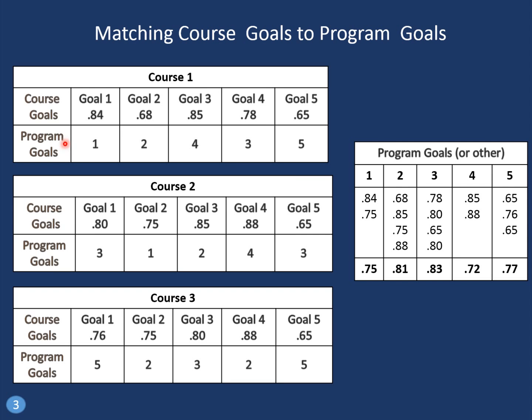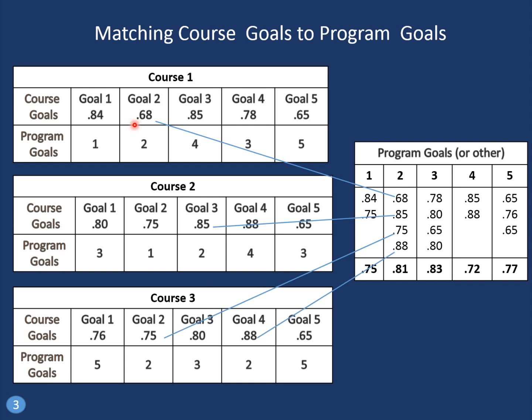So there are 5 program goals that are being addressed at our institution, and the goals from the course are related to them. To get a value, we would move that value. For example, I'll go ahead and click on that. From goal 2, which addressed program goal 2, to a column in our tabulation for the program goals.